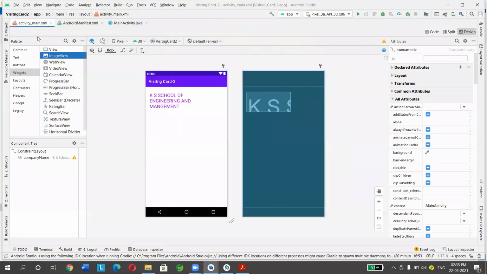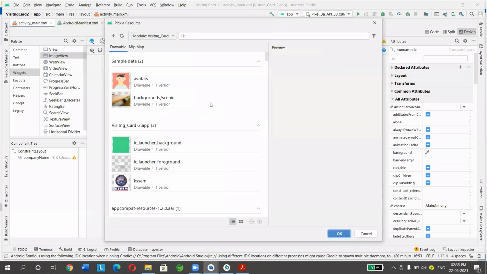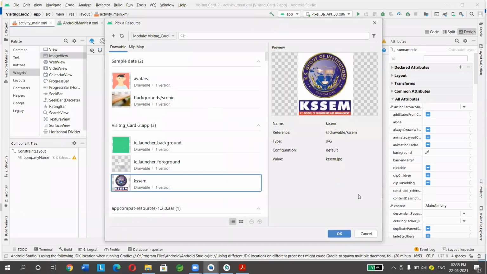I'll minimize this. Now drag and drop image view here. Now can you see the KSSM logo? Before it was not there. So if you want to use any icons or images, they should be in the drawable folder.